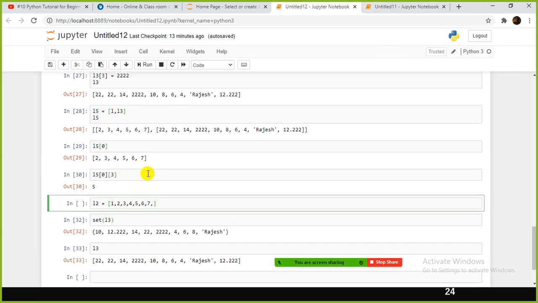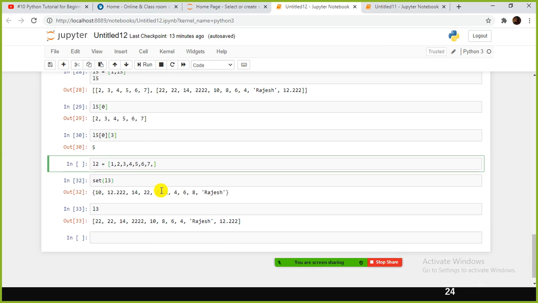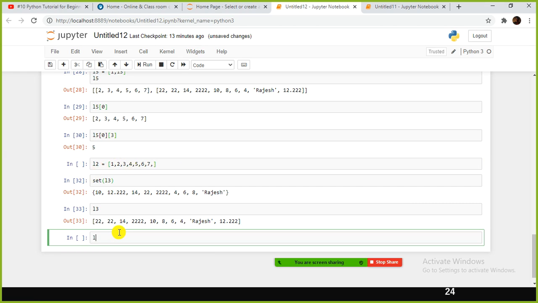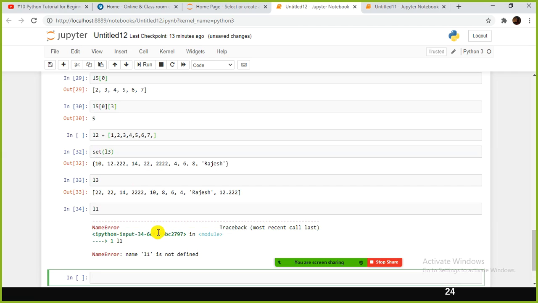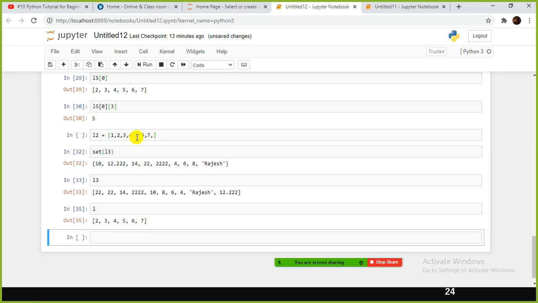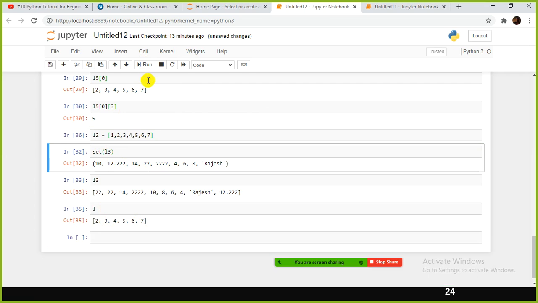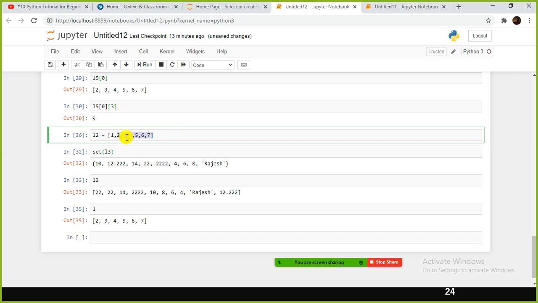Compare L1 and L2 and take the value which is not available in L2 and multiply by 2. Yeah, it is not A intersection B. It is like B complement, right? Something like that. See, L1, L2 you compare. What is L1? I'll just show you here. We have L here, right? So 2, 3, 4, 5, 6, 7, right? So 2, 3, 4, 5, 6, and common values you excluded. Even if I give 7, comma, it works. 2, 3, 4, 5, 6, 7 common, only 1 is there, right? You take the 1. How do you take 1 from here?